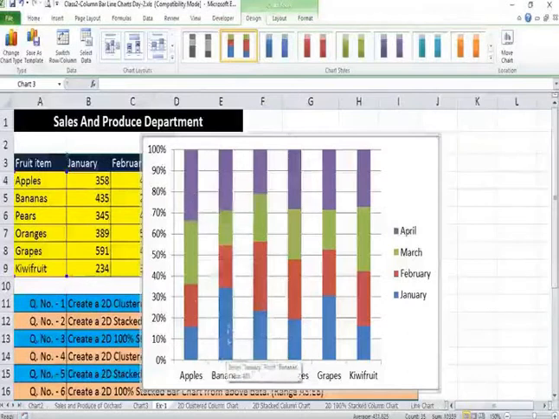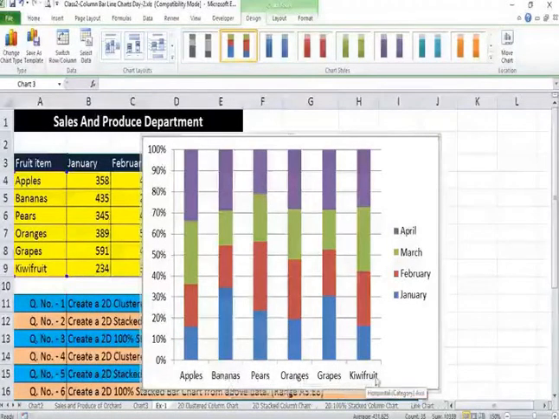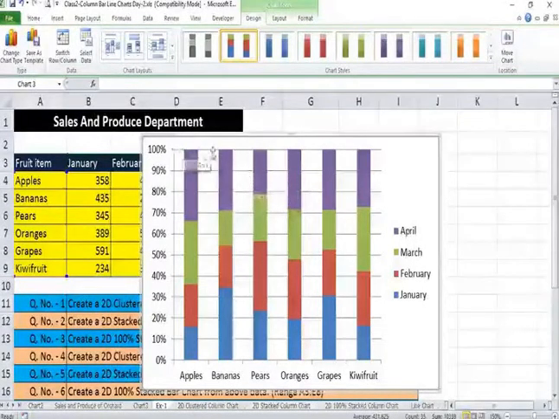Similarly, for other columns also, for banana, pears, oranges, grapes, kiwi fruit, the 4 months percentage contribution is taken into account. So that is the difference between a stacked column chart and 100% stacked column chart.